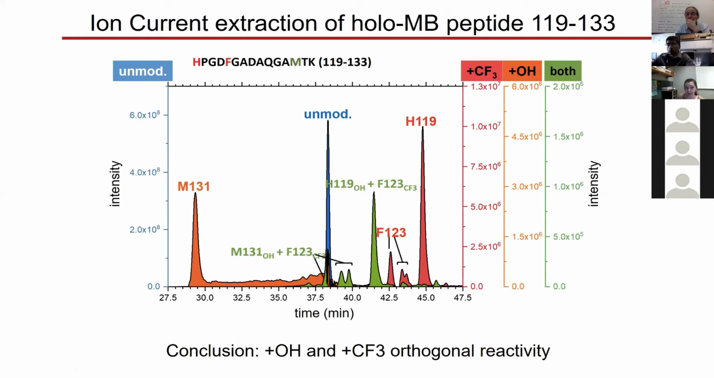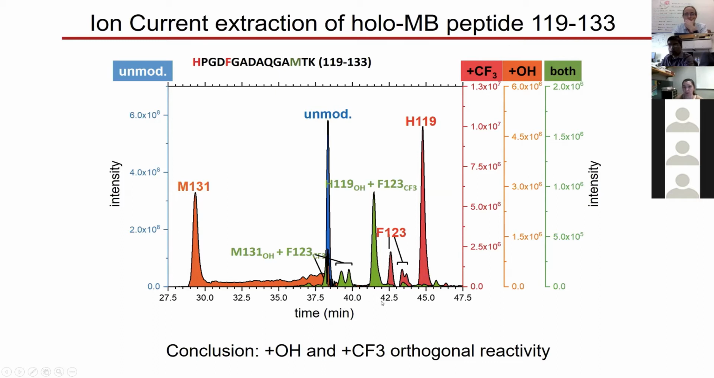The next step, we followed our general approach Corey already described to you: we digested all our samples with trypsin and ran mass spectrometry in DDA full analysis mode. Here the slide shows just one example of an extracted ion chromatogram for peptide 119 to 133 for the holo myoglobin. The extracted ions are